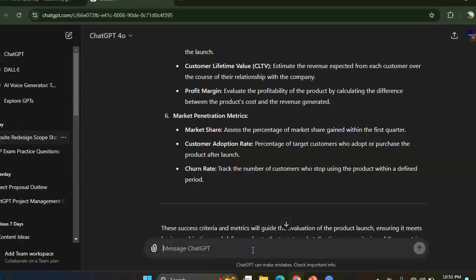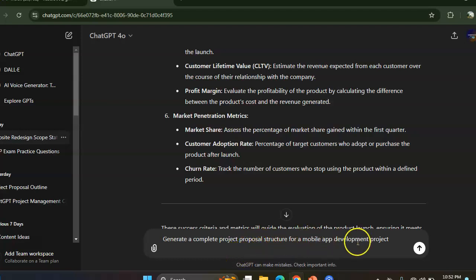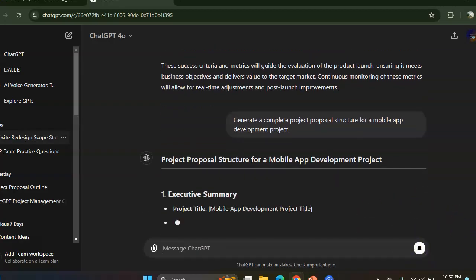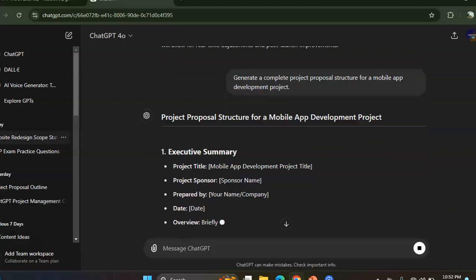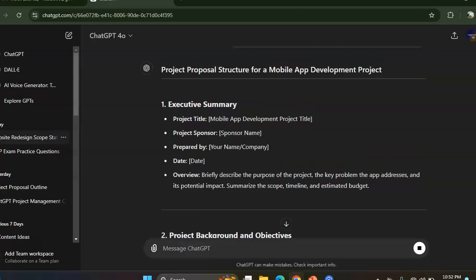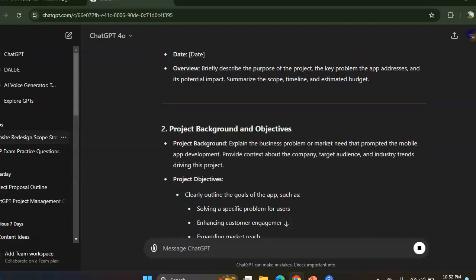So I am giving the prompt here: generate a complete project proposal structure for a mobile app development project. Let's see what is the outcome. You see, yes, executive summary like project title, project sponsor, prepared by your name, date, overview, then project background and objectives, project background,